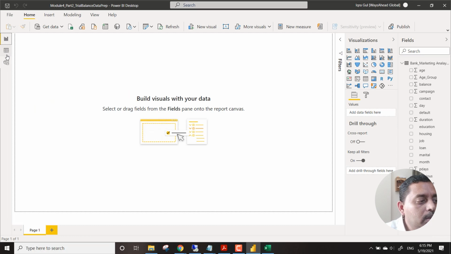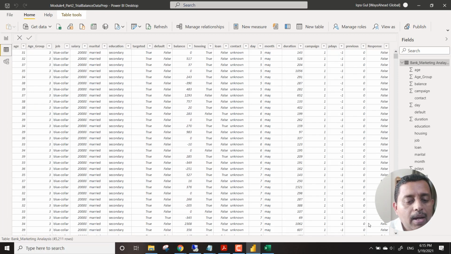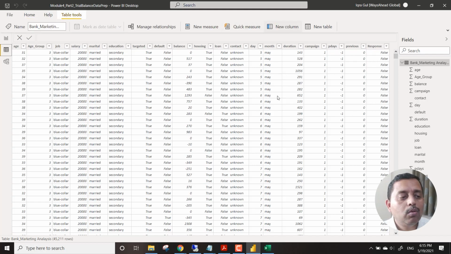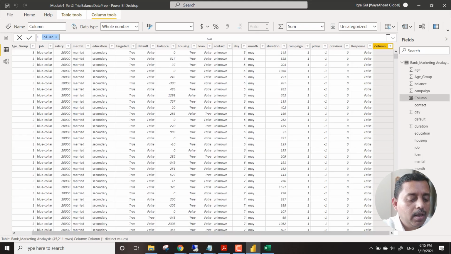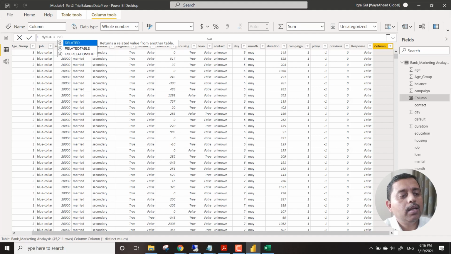Now we go back to this arena, and instead of the month name, we want a number. So we go to a new column and call it my num, anything I can give, and then we need to do a lookup, but lookup is actually given as a function called RELATED.